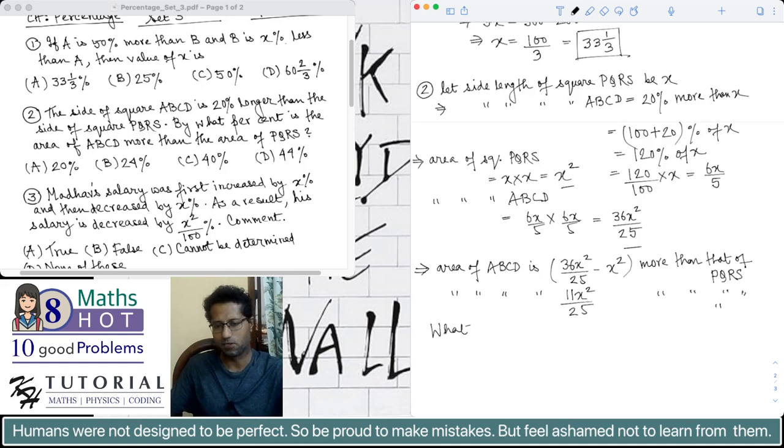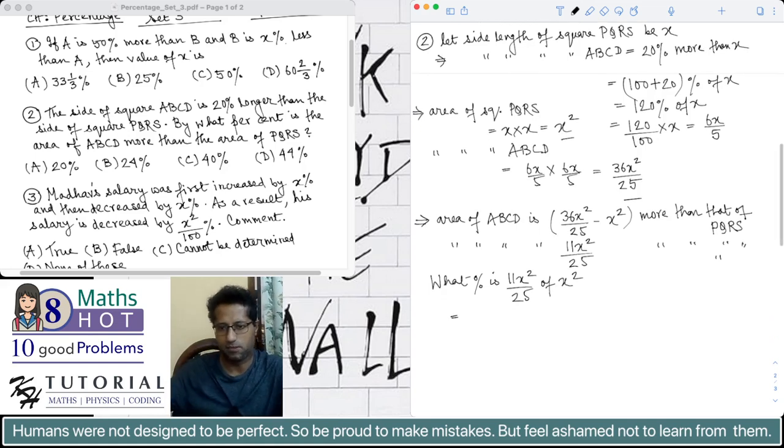Now we have to find what percentage is 11 x square by 25 of the area of PQRS, which is x square, because 11 x square by 25, this much more is the area of ABCD relative to the area of PQRS, and the area of PQRS is x square. So what will be the answer? That what percentage is 11 x square by 25 of x square? It is 11 x square